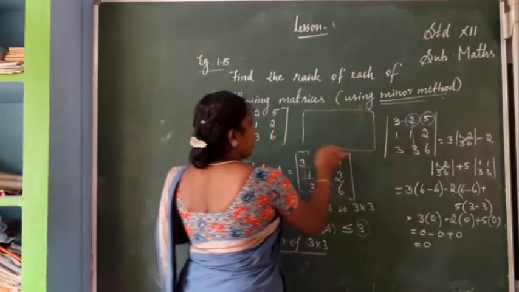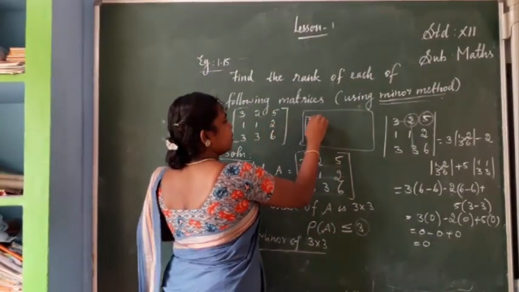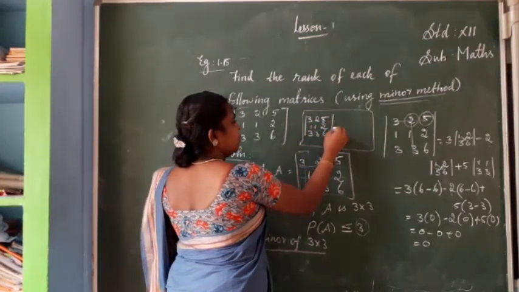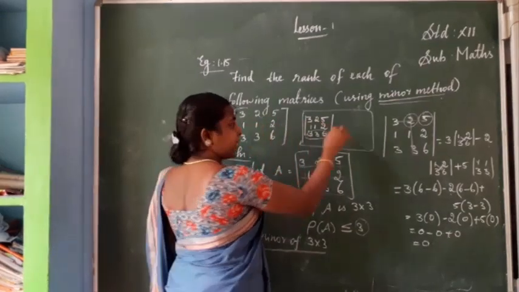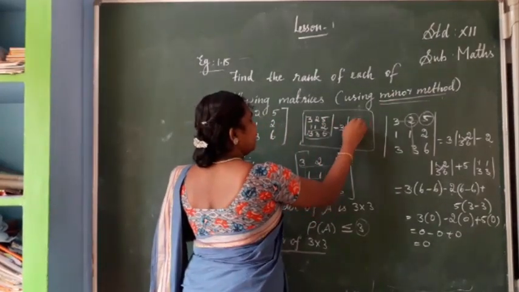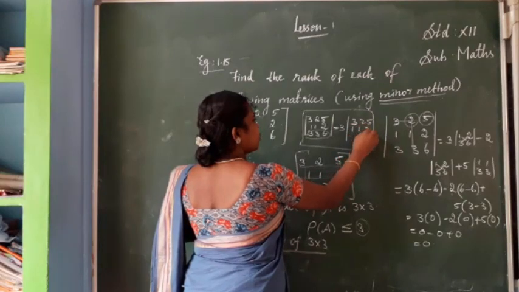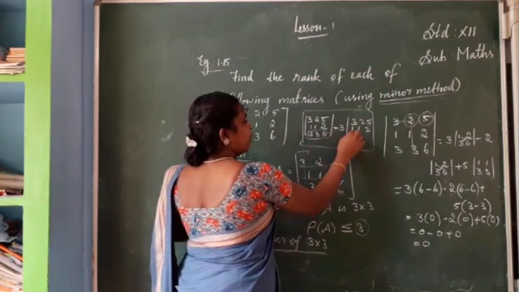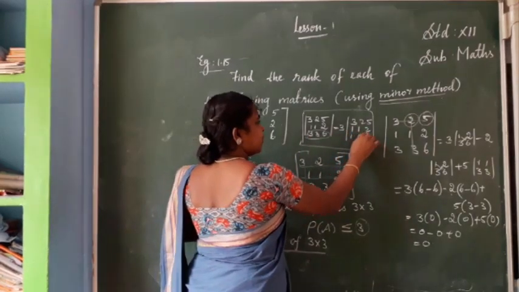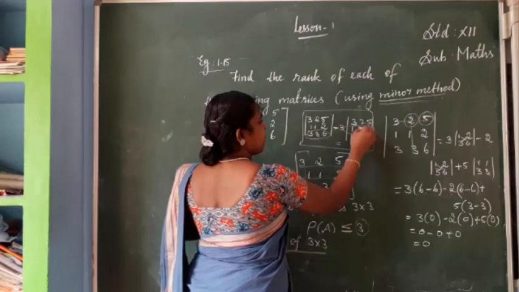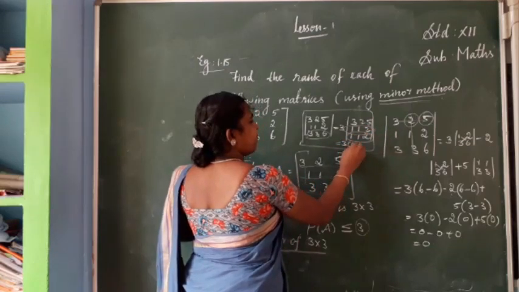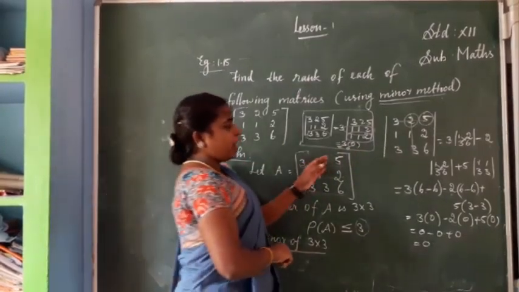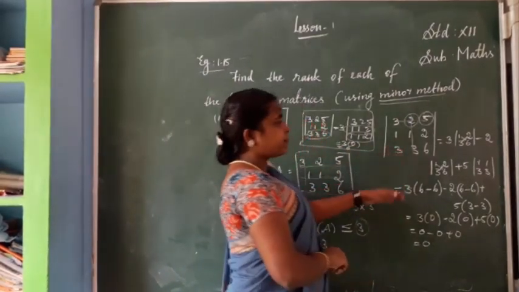You see, the short method also you can use. Determinant of 3, 2, 5, 1, 1, 2, 3, 3, 6 equals. In the third row, 3 is common, you take common. So remaining is 3, 2, 5, 1, 1, 2. From the third row only you have taken. If you are taking 3 outside, what you get? Remaining 1, 1, 2. Now see these 2 rows are identical. So we can say the determinant value is 0. So shortly we can do. Normal method is this. That's how I explained.